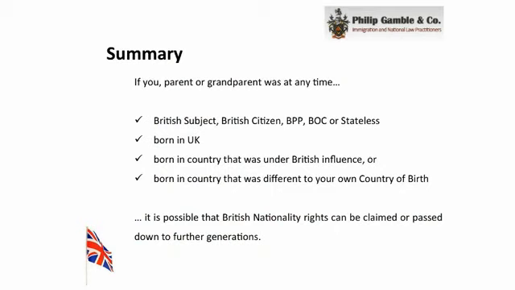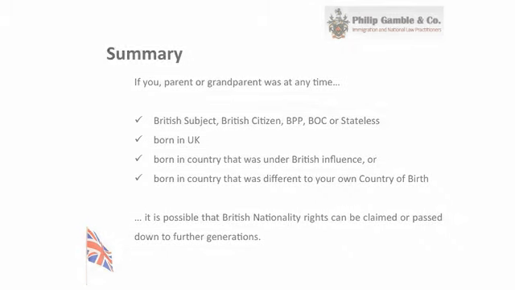In summary, you've probably seen that UK nationality is not as straightforward as just being born in the UK. Where you have old British passports describing parents or grandparents as British subjects or British protected persons, or where there's an ancestor born in the UK or coming from a country that's under some sort of UK influence at the time, where there's been Crown service, where there's variation in the places of birth for you and your ancestors, then it's not impossible that rights to UK nationality may exist. And the family line, in my opinion, with any of those features would be worthwhile examining further.